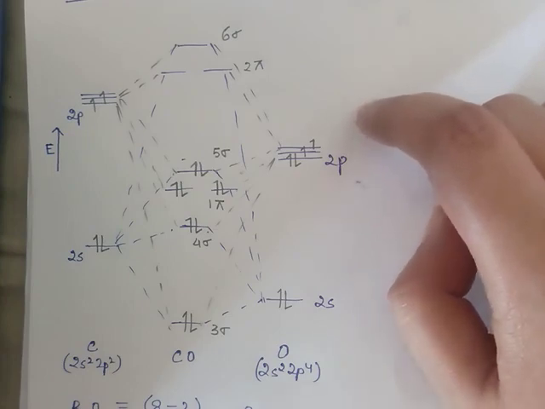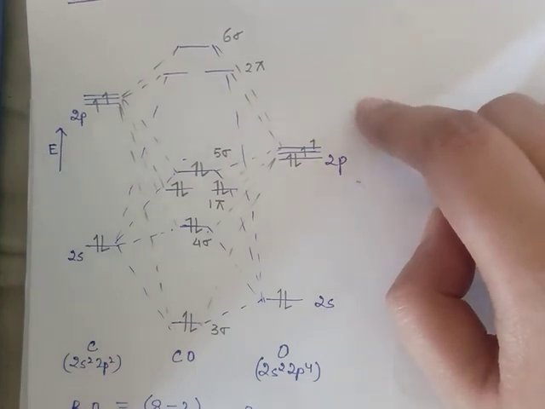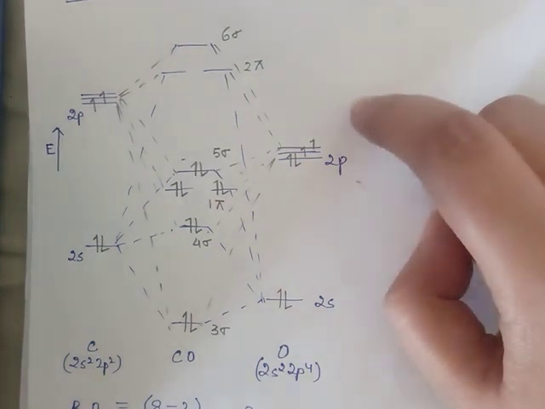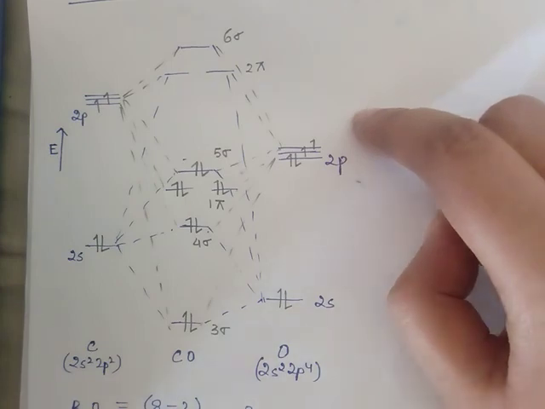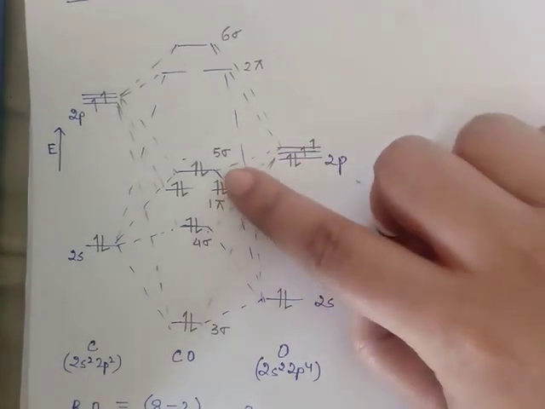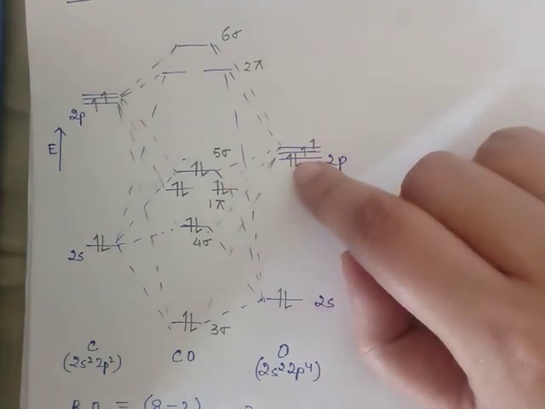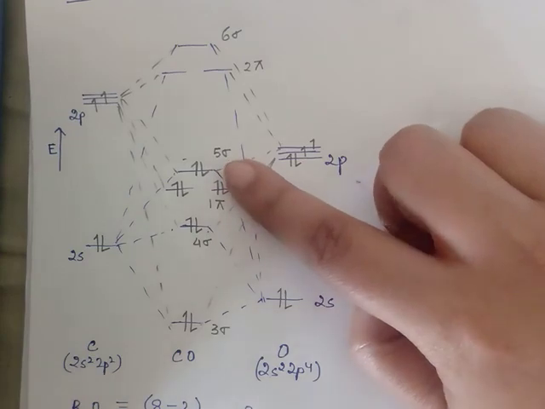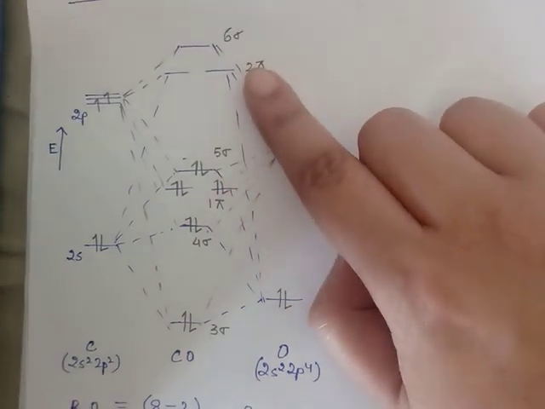So in case of dinitrogen, the HOMO and the LUMO will be much more straightforward, and over there will be no confusion regarding where the electrons will enter and go from. In case of CO, there might be a little bit of a confusion because of this 5 sigma, although it appears to be, it isn't localized on oxygen. Both the HOMO as well as the LUMO are localized on carbon.